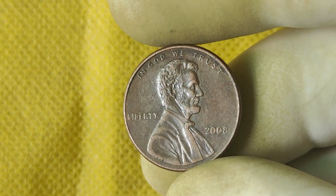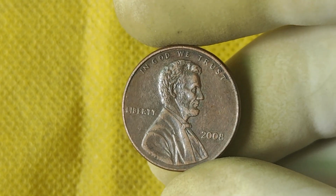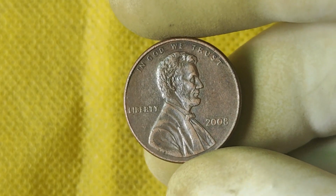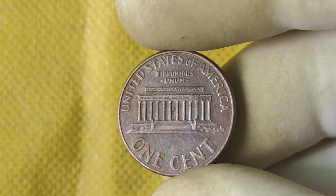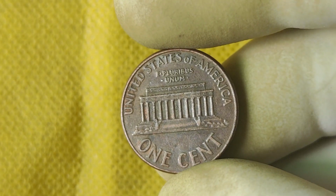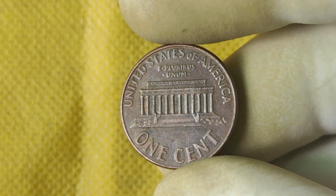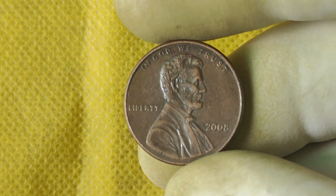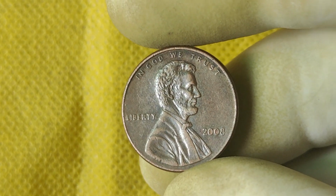The value of rare coins is driven by scarcity, demand, and the condition of the coin. Coins with rare minting errors or other unique characteristics are highly sought after by collectors. The more unique the feature, the higher the demand, and the higher the price. For example, the 2008 double-die penny is incredibly rare, and because not many were produced, the ones that exist are